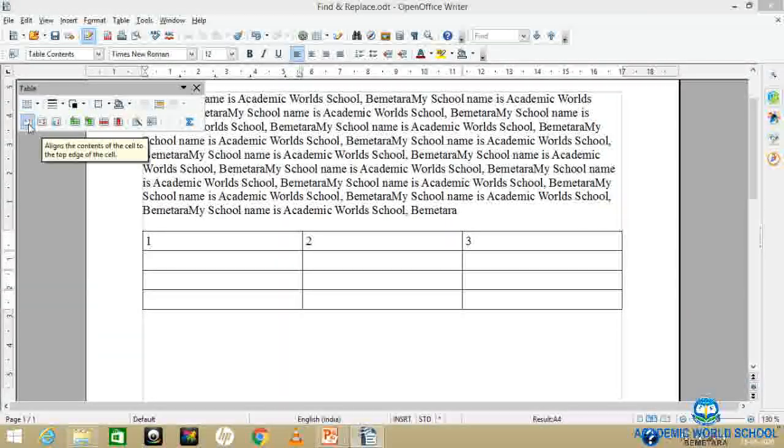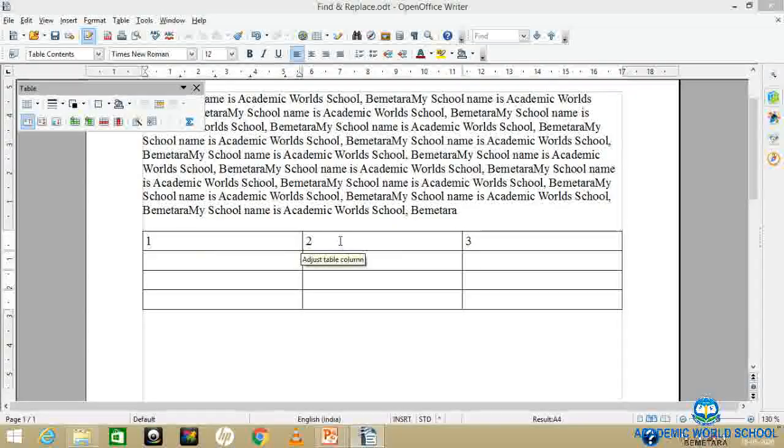This is the properties of the table. With the help of this you can insert how many rows and how many columns you want. Here you can define the thickness of the table. Now this is showing the text, where you want to keep it in the table.